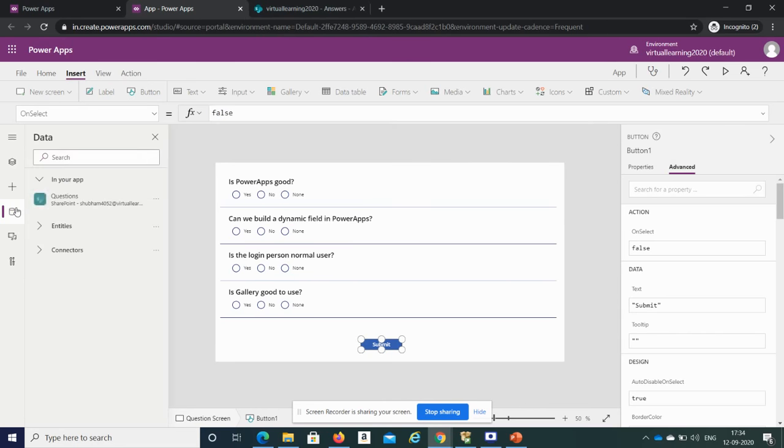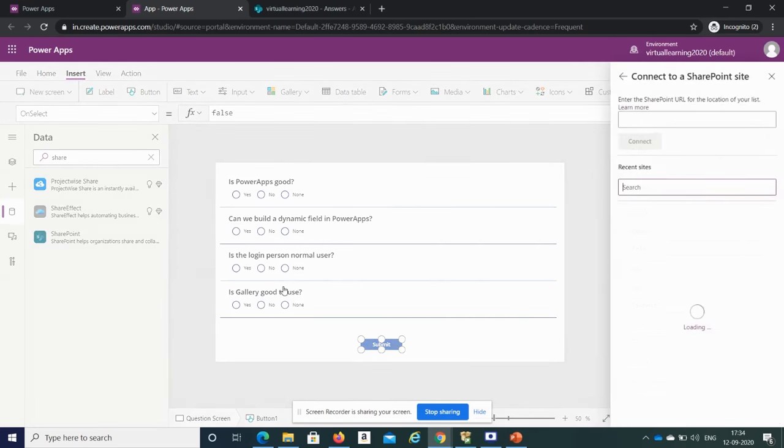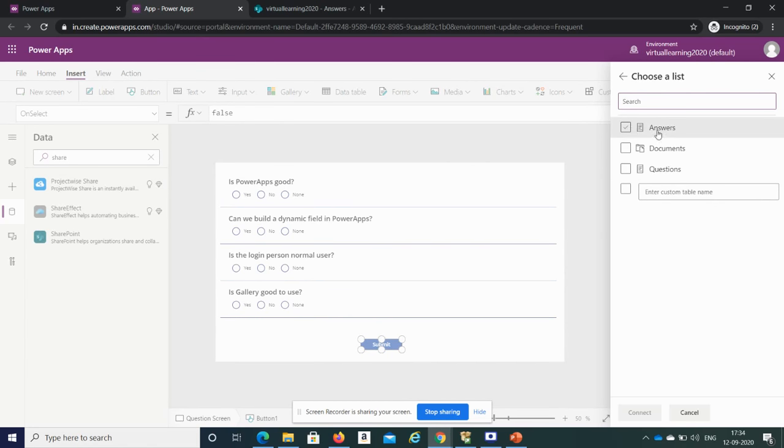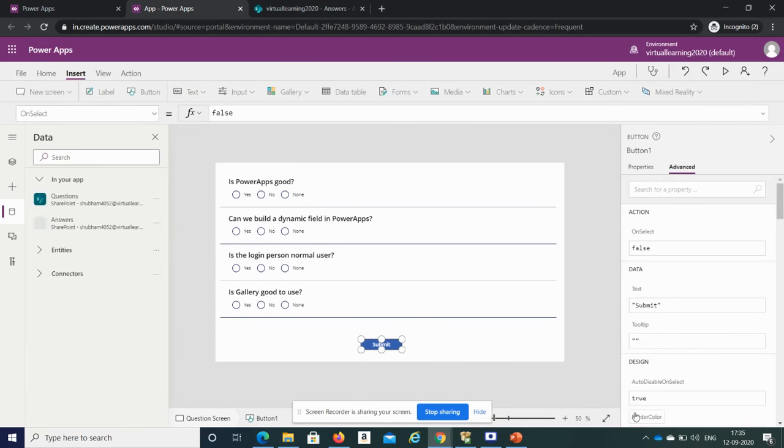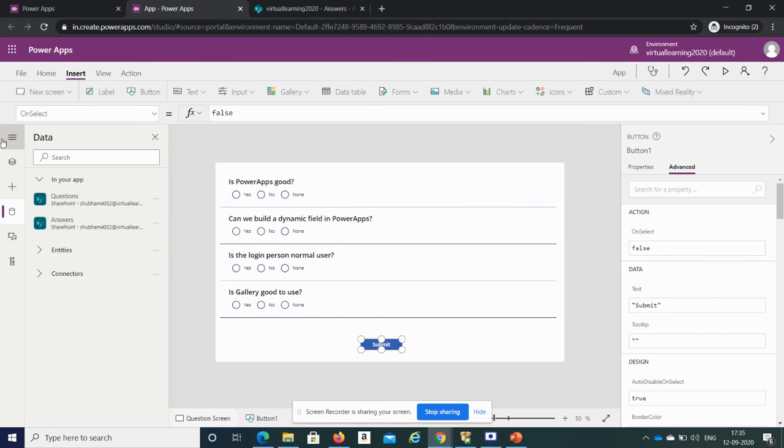How? We'll click on this data, search for SharePoint, select this virtual learning my site where this list resides, select answers and click on connect. Okay, now I have the answers list here in my app.